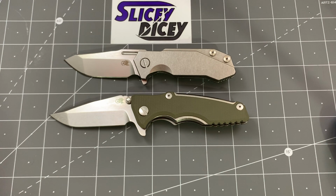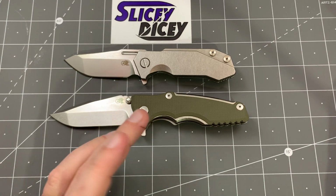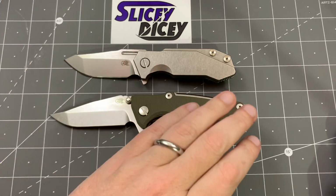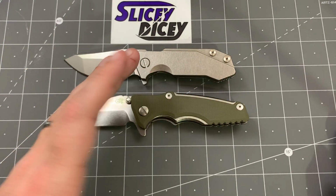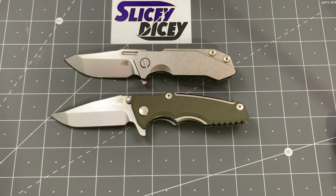Value. You're looking at $375 as this is configured, which is the only configuration there is at the moment. $425 for a half track, and in the G10. This one was $585 in the full titanium and the 20CV Spanto, but the S35VN G10 versions are like the $425, so a little bit more. Not really sure why that is. Maybe that will change when the next generation comes out. But you're getting, it's $50, yeah, but